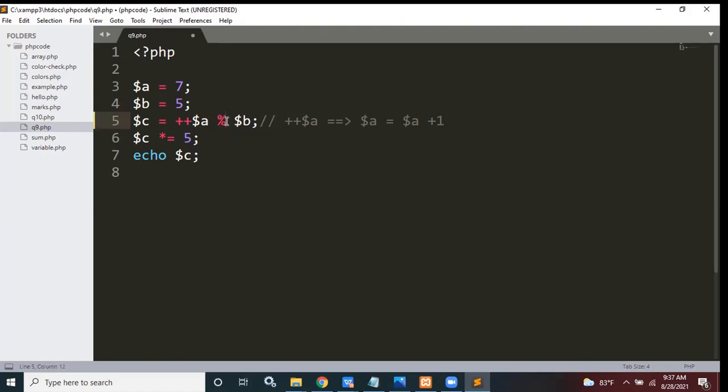So you're familiar with this operator. This is the mod operator. That means if you divide $a by $b, the remainder is the modulus of that. So $b is already 5. So 8 mod 5, that means 3, right? So $c becomes 3, and then here this actually means